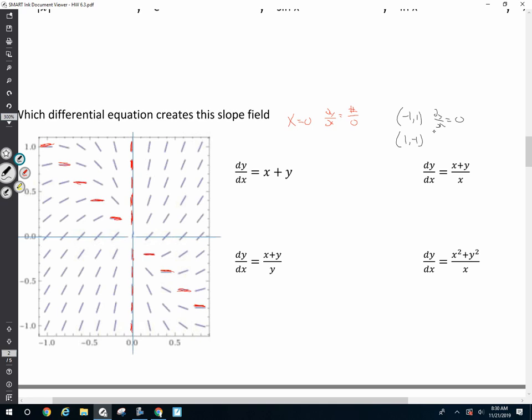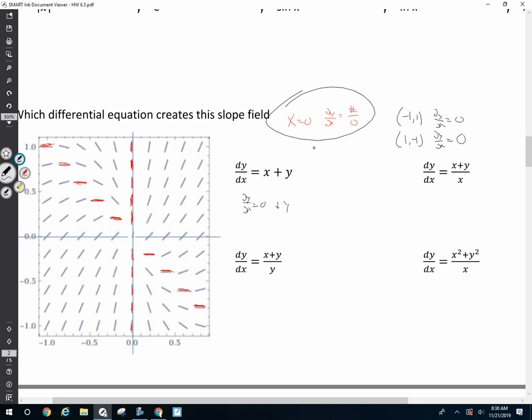My slope better be 0. Understanding those very obvious slopes, these are where you should start. I should start by plugging in 0 for x. Let's work with this one first. If I plug in 0 for x,